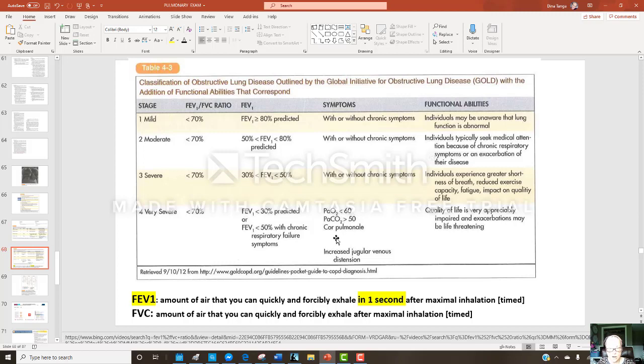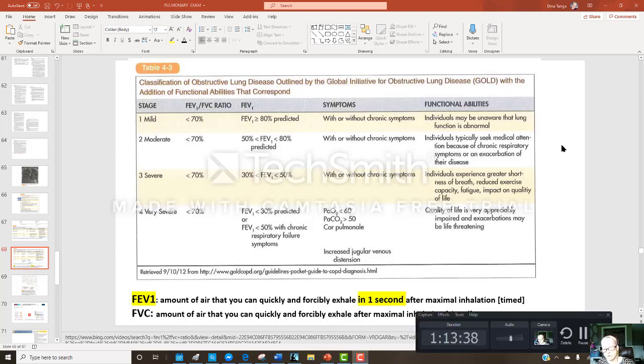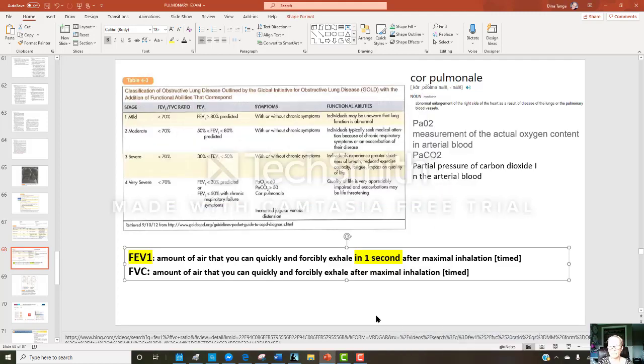And cor pulmonale, I don't know what that means. So, of course, we gotta pause and go find out what it means. Okay, so,